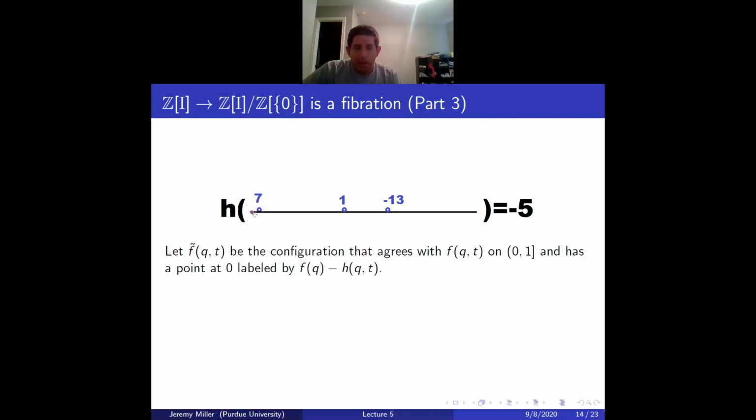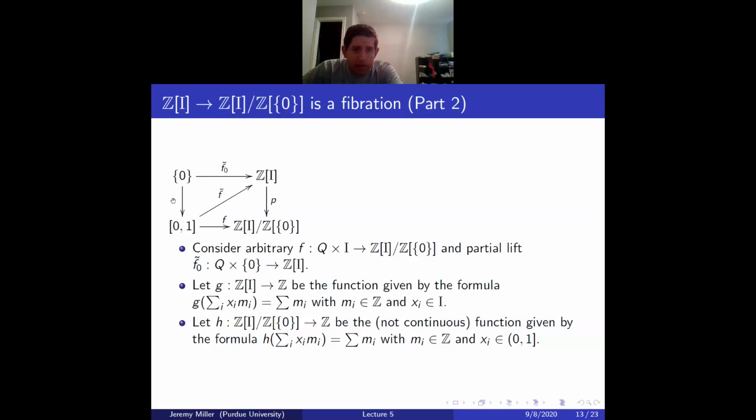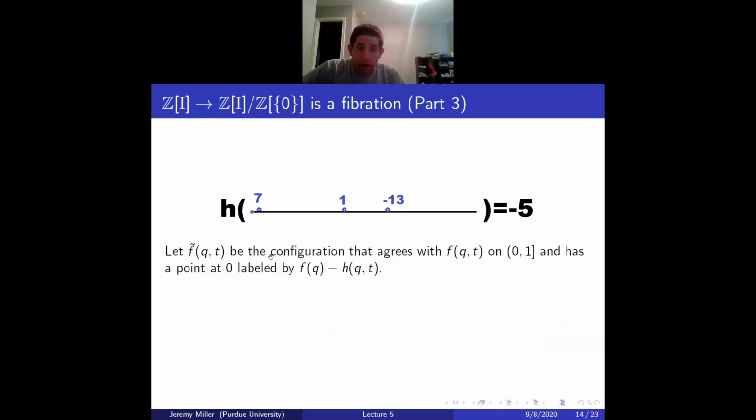Yeah, so H of this configuration, assuming I added these numbers correctly, is 7 plus 1 plus negative 13, which is negative 5. So H is not a continuous function because this point labeled by 7 could enter the purple dot and vanish. And then this F tilde Q, this map here, except I forgot to write Q's here, is going to be